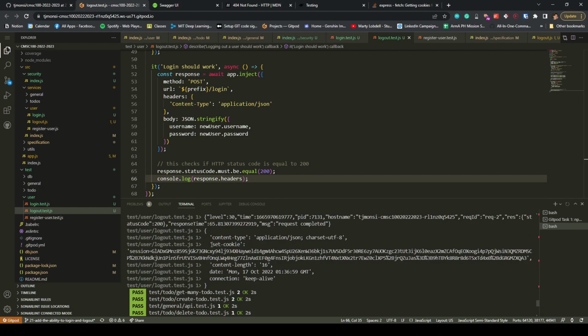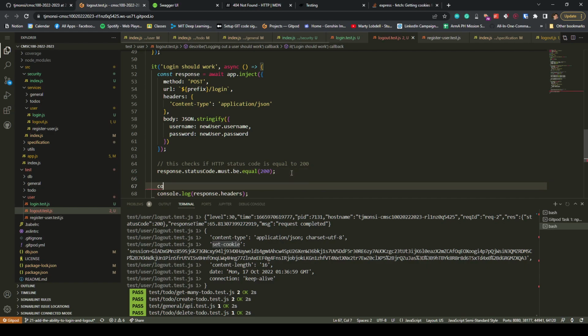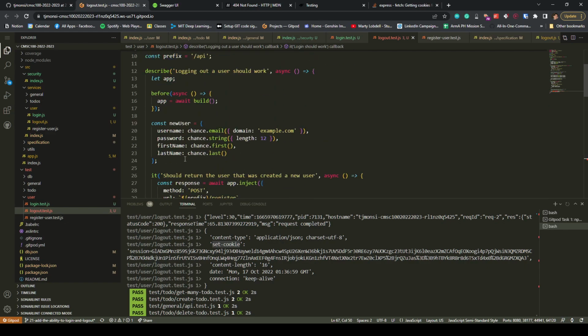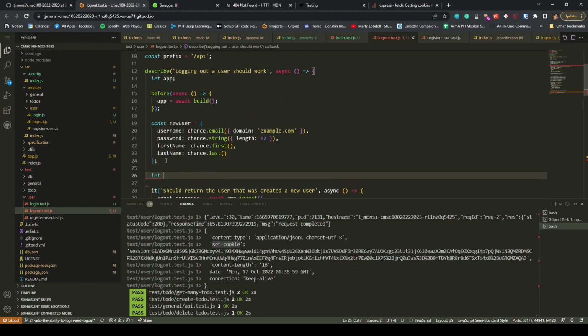So that there is the set cookie. So we'll get the cookie is equals to response dot headers set cookie. Actually, we put it here. Let cookie